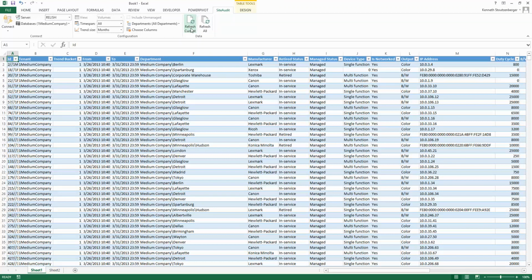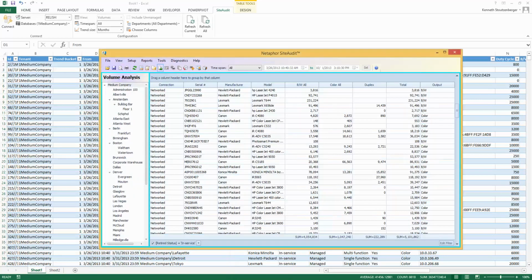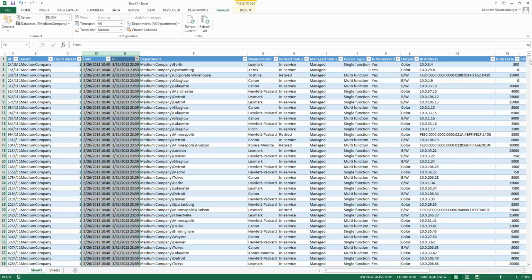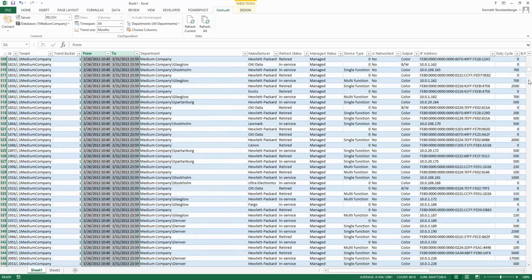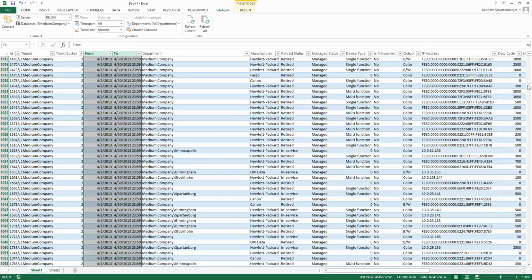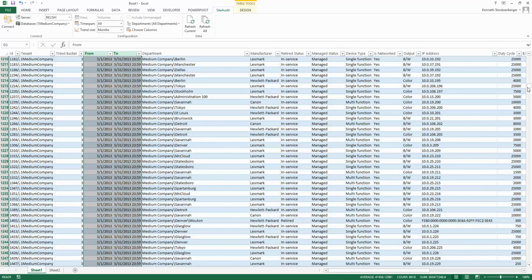Okay, so we've finished pulling in the data. One thing you should notice here is there's a from and to date. So this is going to be the months of data that we collect. If you notice, it goes from 3/26 to 3/31. That's the month of March, and that's because this particular data collection, we started it on March 26th and ended on October 1st. So if we scroll down, we'll see that we have data from 4/1 through 4/30, 5/1 to 5/31, that's May,